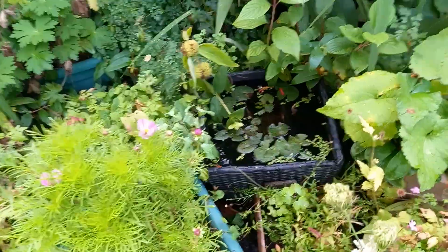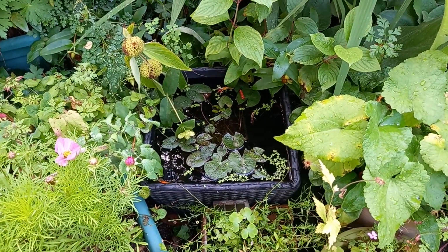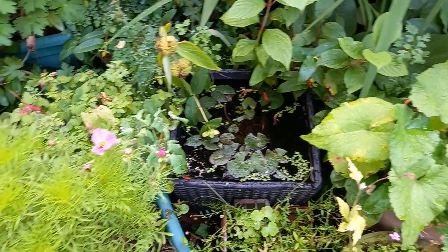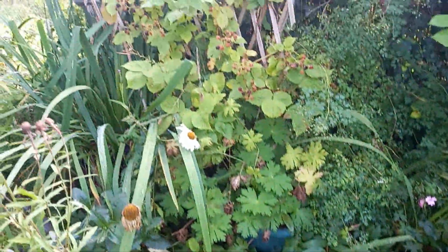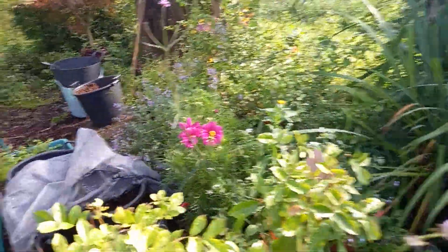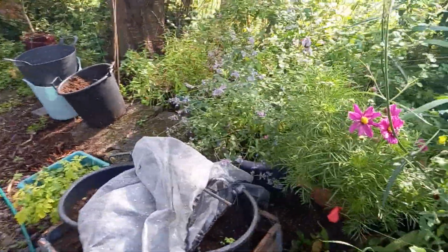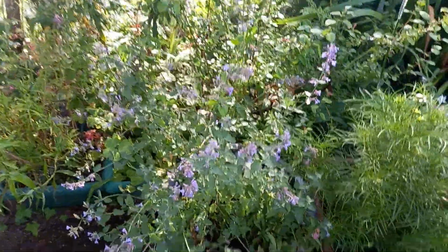This little pond here, which I'm hoping will attract more in the way of dragonfly. We've got more cosmos, more blackberry, more lavender, manzia, borage, what's left of it, catmint. That was from Joel's